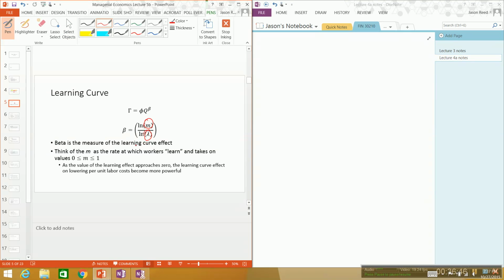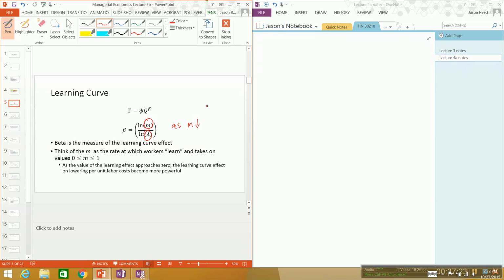So M essentially is the rate at which workers learn, and it'll take a value between 0 and 1, and can include 0 and 1 as well, where this lambda value is also going to be given to you. And essentially, it's just this proportion value that we're going to induce. So how do we look at this essentially? So as the value of the learning effect approaches 0, this is this M. So as M goes down,